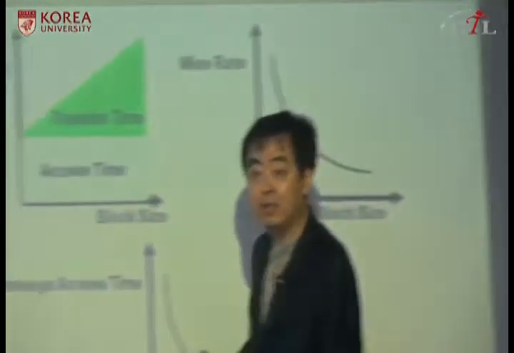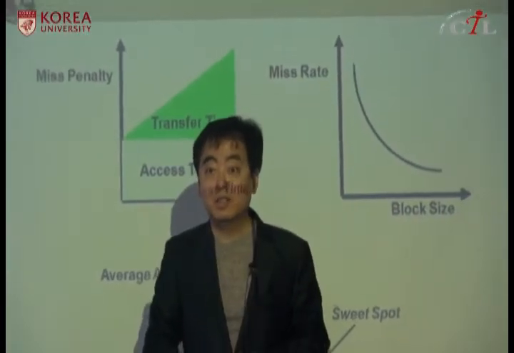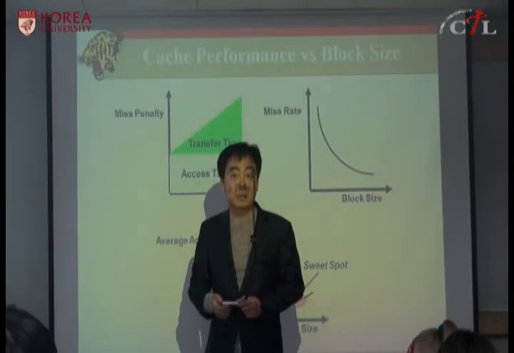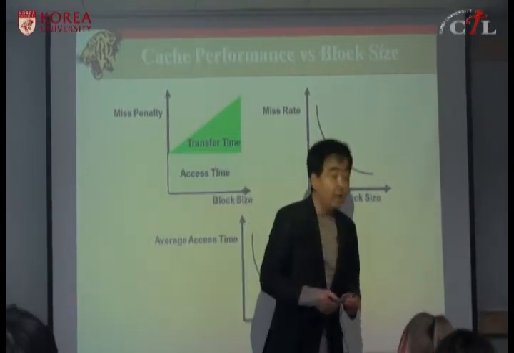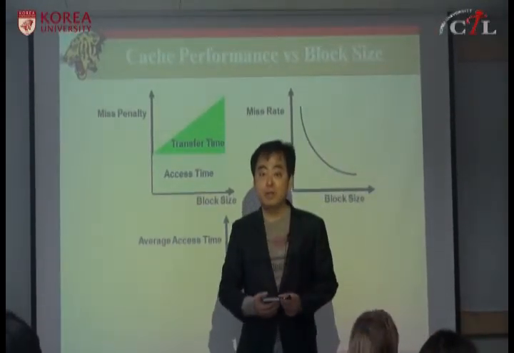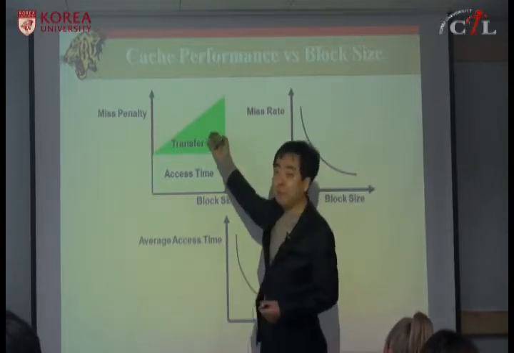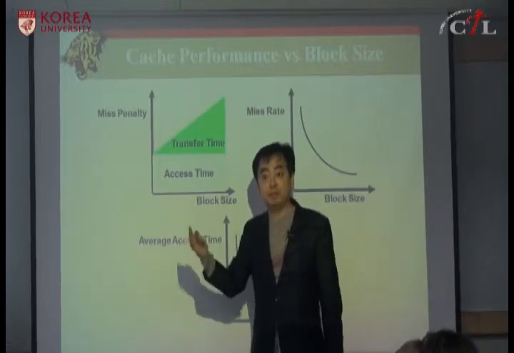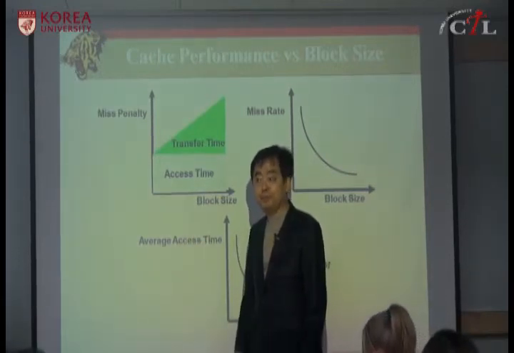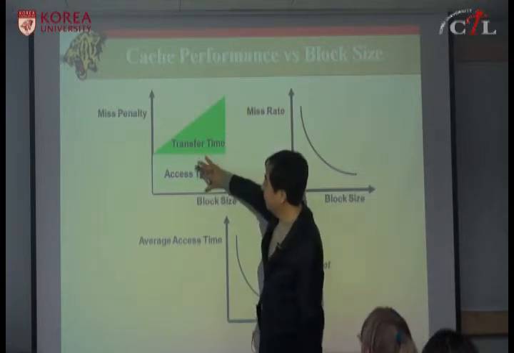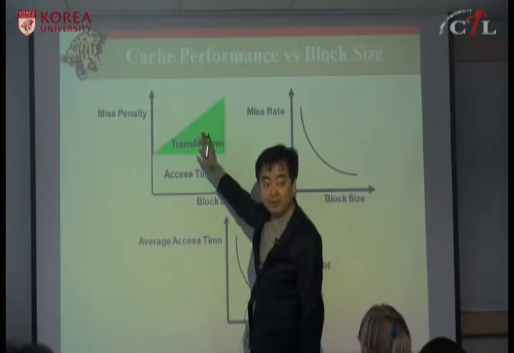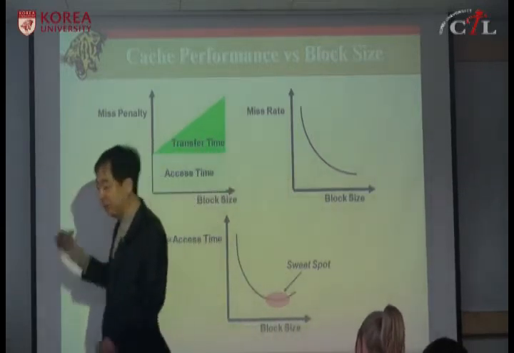Because in 1 second you have 100 million, 1 million transfers. And each transfer you have 8 bytes. So it's actually 8 million bytes per, 8 megabytes per second. That's the bandwidth. So this transfer time depends on the bandwidth, which means it depends on the bus width and bus clock speed. Okay? So this portion is called latency, and this portion is determined by bandwidth. Okay? So you know what is latency and what is bandwidth.